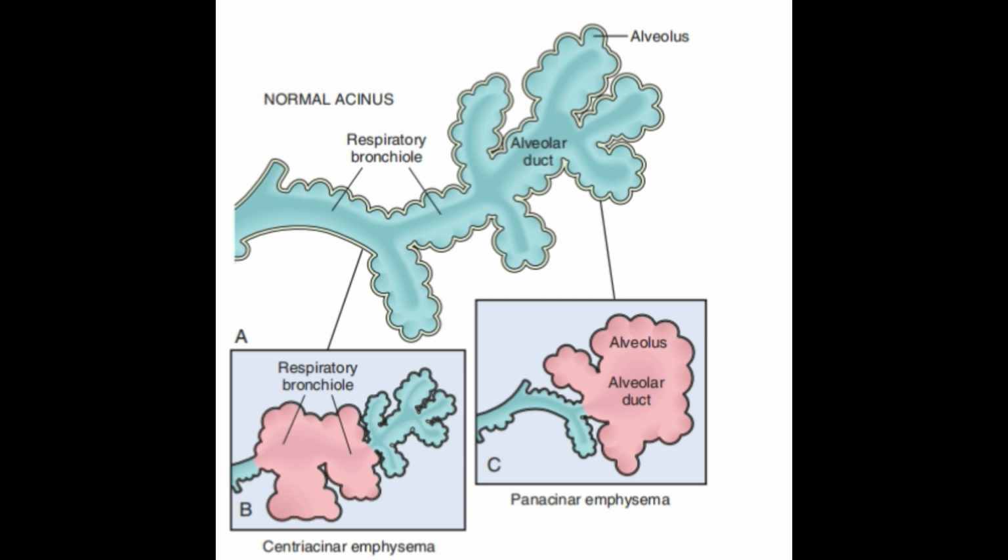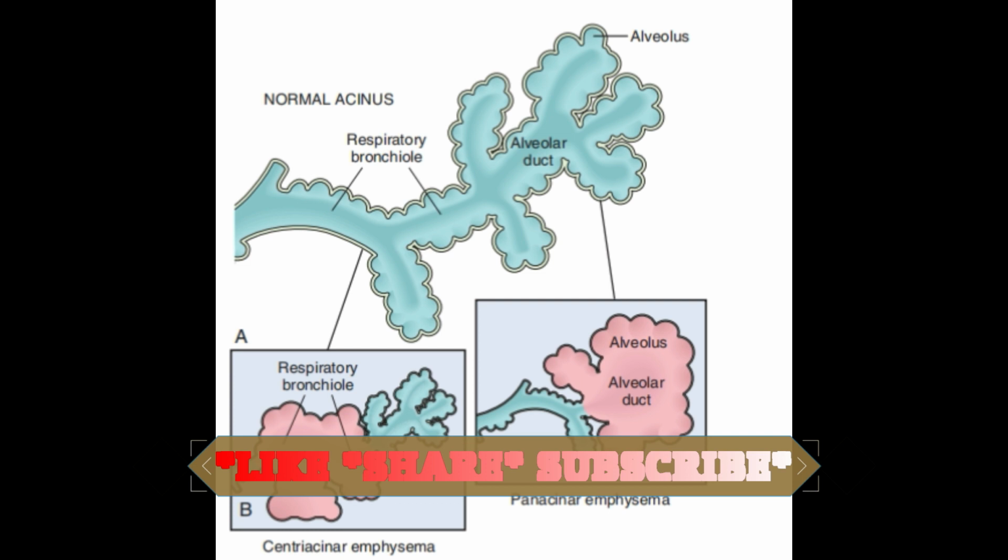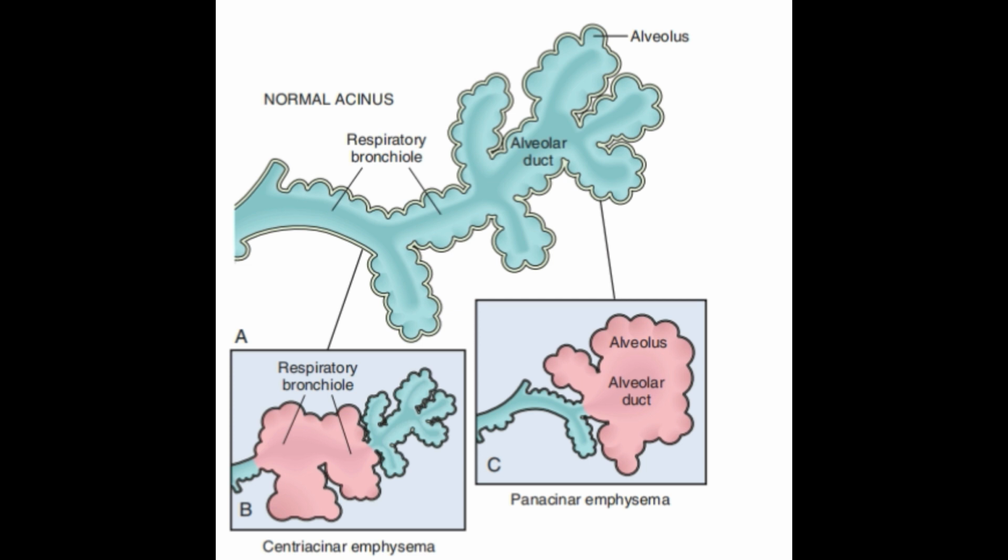Smoking and inhaled pollutants cause ongoing accumulation of inflammatory cells, which are a source of proteases such as elastases that irreversibly damage alveolar walls. Patients with uncomplicated emphysema present with increased chest volume, dyspnea, and relatively normal blood oxygenation at rest. So that's why we call them pink puffers. Most patients with emphysema also have signs and symptoms of concurrent chronic bronchitis, since cigarette smoking is a risk factor for both.